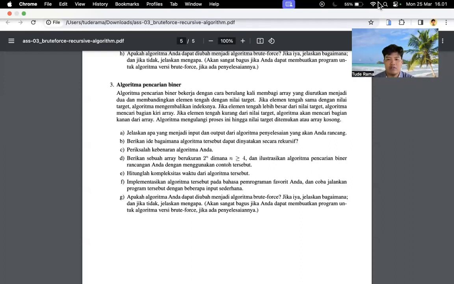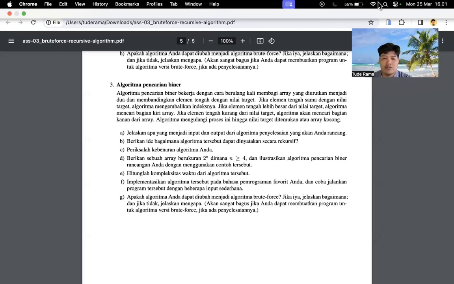If the mid is smaller than the target value, the algorithm will search in the right side of the array. This algorithm loops this process until the value is found or the array is empty.